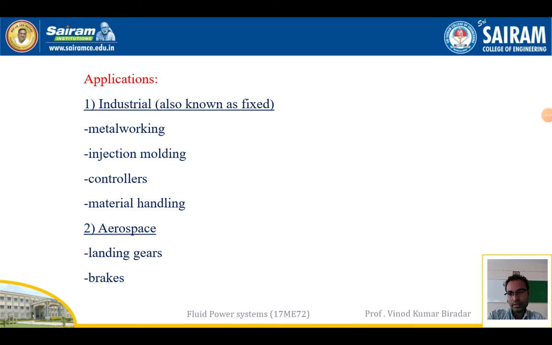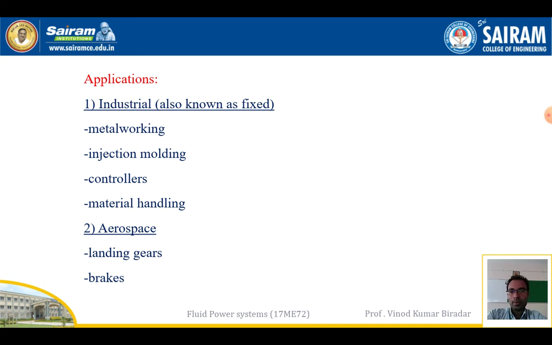The first is industrial, so a hydraulic power system can be used in industrial, also known as fixed, applications. Metal working, injection molding, controllers and material handling are all fixed processes, where we need power, and we get that power by using this